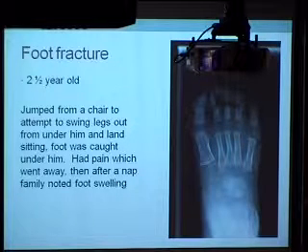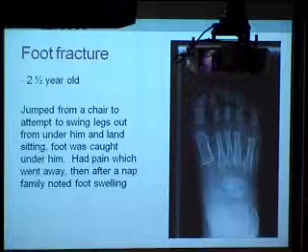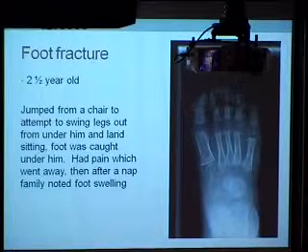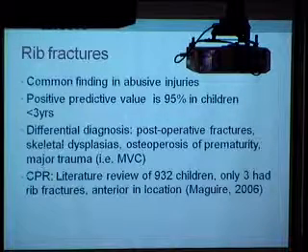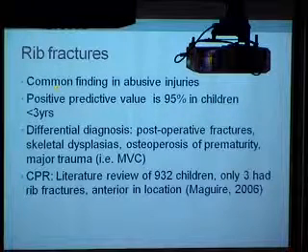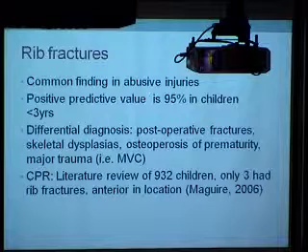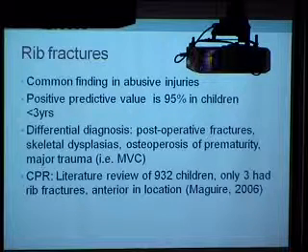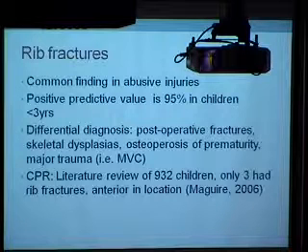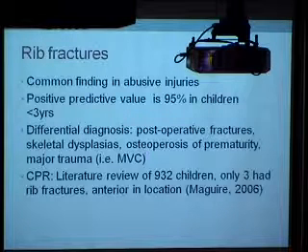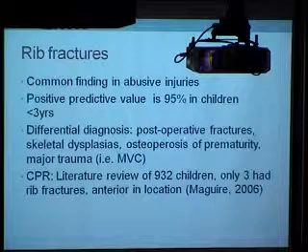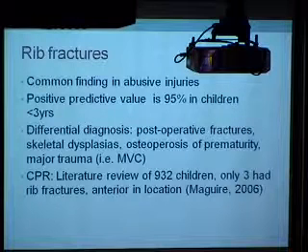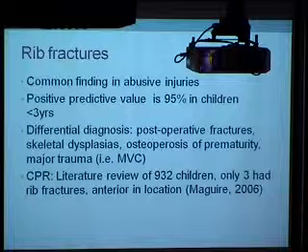So it's important, I think, none of us were there to observe these things, but it's important to try to put the history together with what we're seeing. Rib fractures, I'm going to try to move a little bit faster. They're common in abusive injuries. There's a pretty good positive predictive value for abuse in kids less than 3. The differential is pretty obvious. Kids have had operations, they have abnormal bones, or they've had a major car accident.